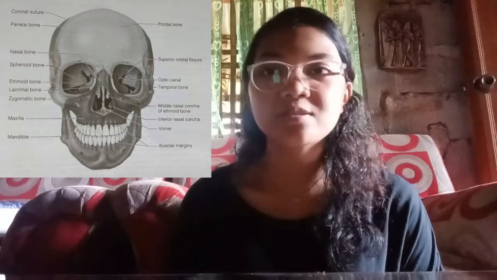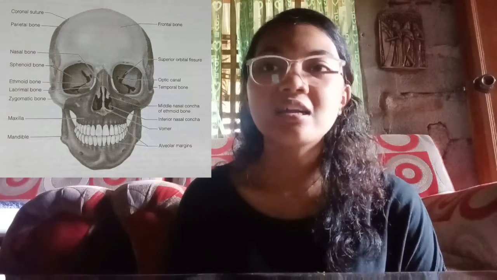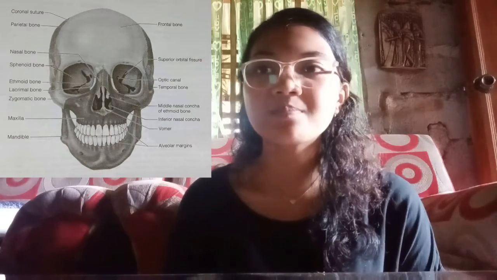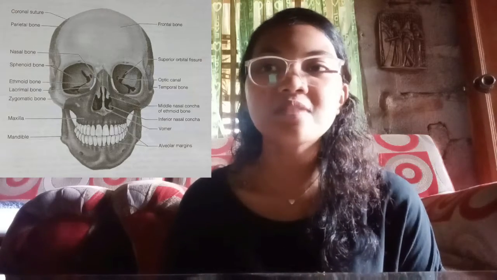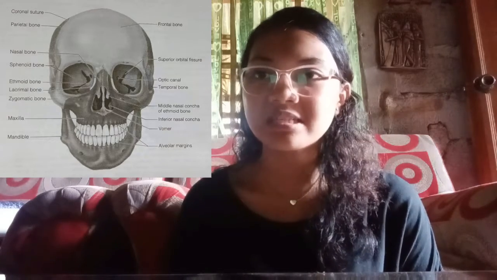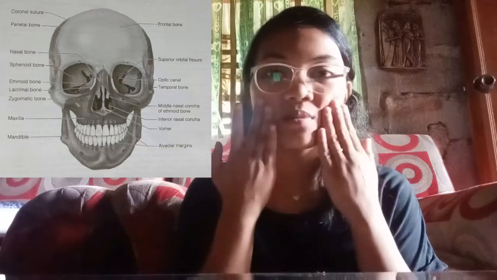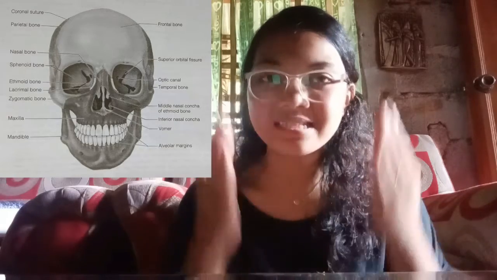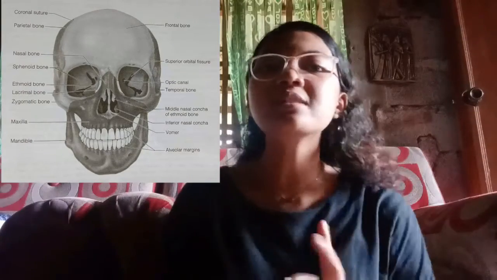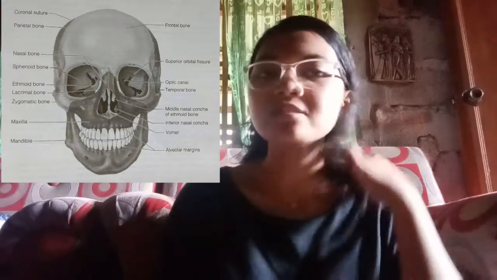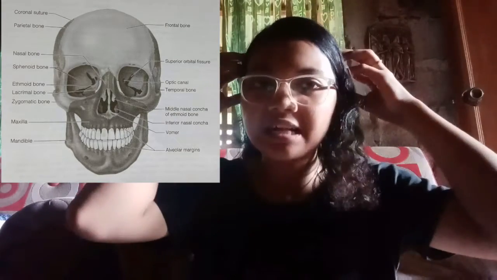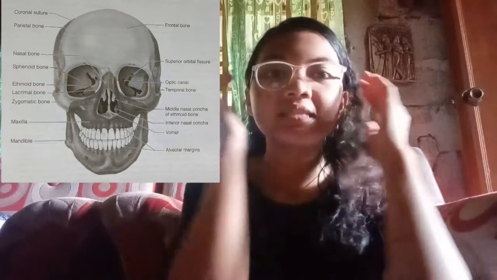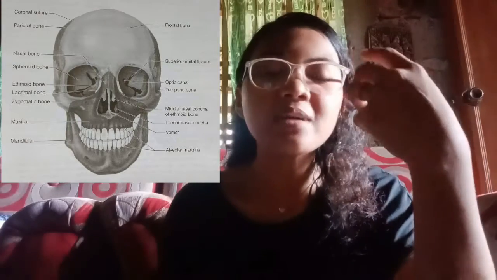The bones of the superior portion of the skull are known as the cranium and protect the brain from damage. The bones of the inferior and anterior portion of the skull are known as facial bones that support the eyes, nose, and mouth. So, the bones in our skull are frontal, parietal, occipital, temporal, and then in our eye there is the